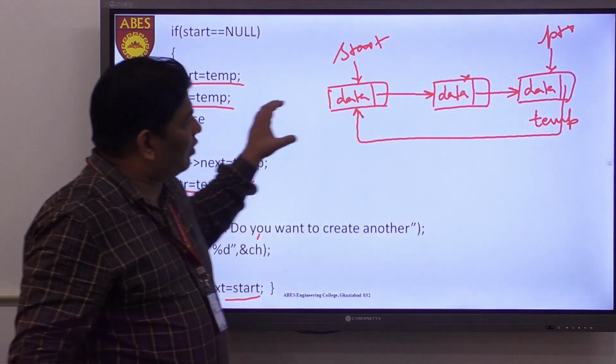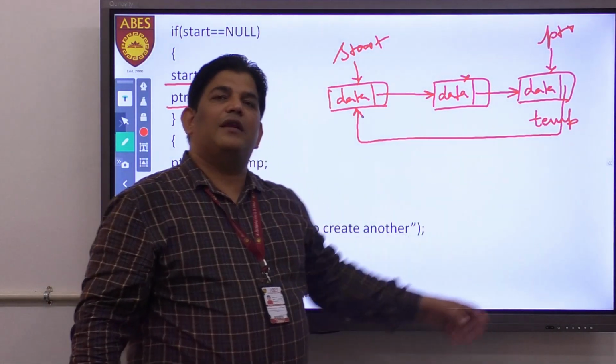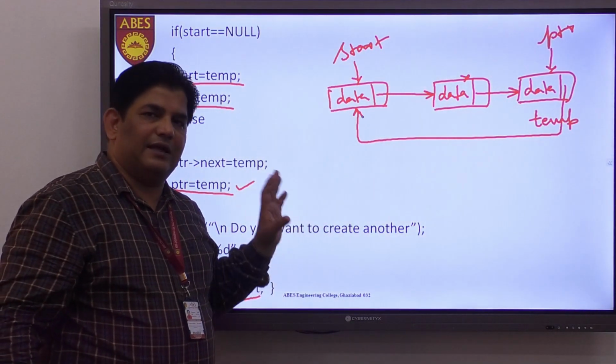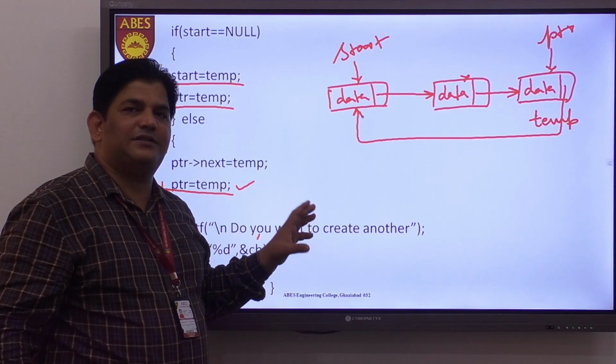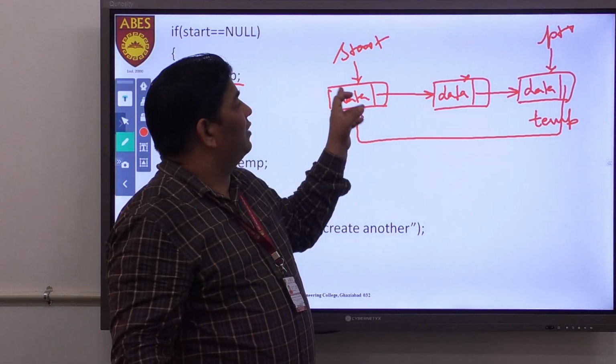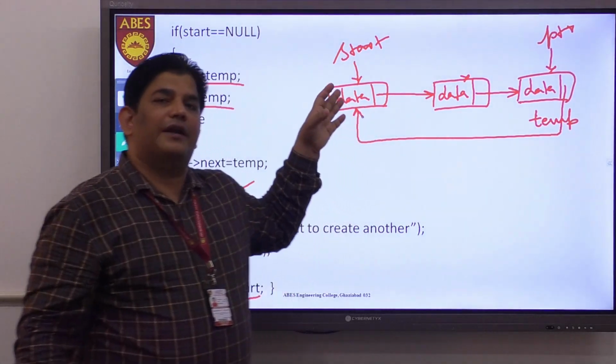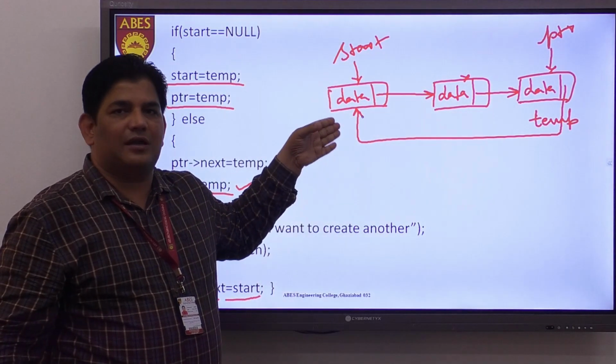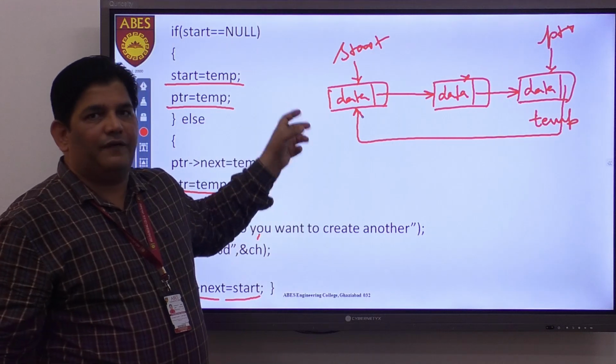So this is the circular fashion you have to create. First you have to create all the nodes in a linear fashion, and whenever you say that okay, fine, these many nodes are enough to create in a circular linked list, then at the last you can say your PTR next equals to start. So the PTR next is pointing to the first one, and in this case you are creating as many nodes as you want in a circular linked list. Okay, fine, thank you.